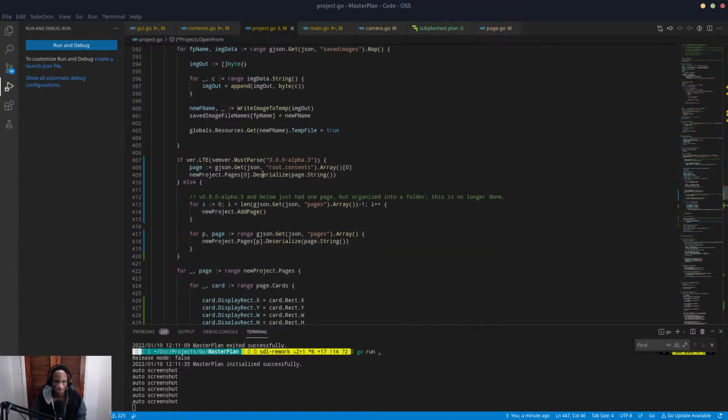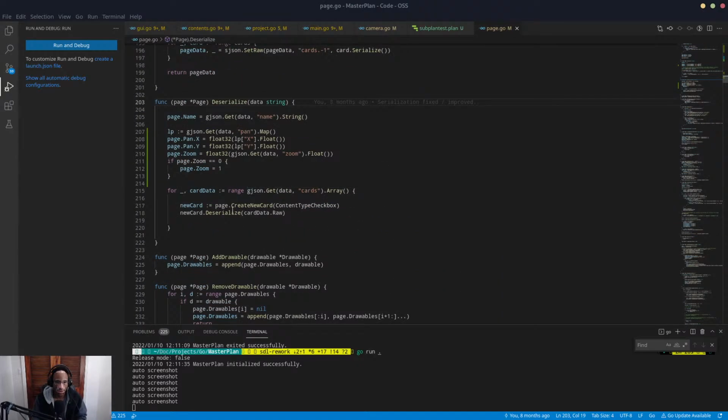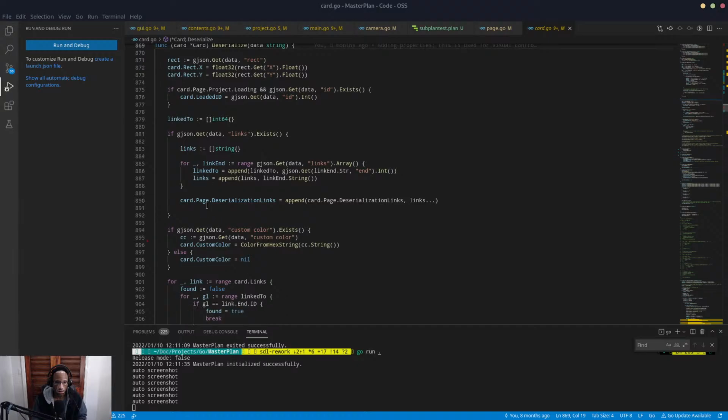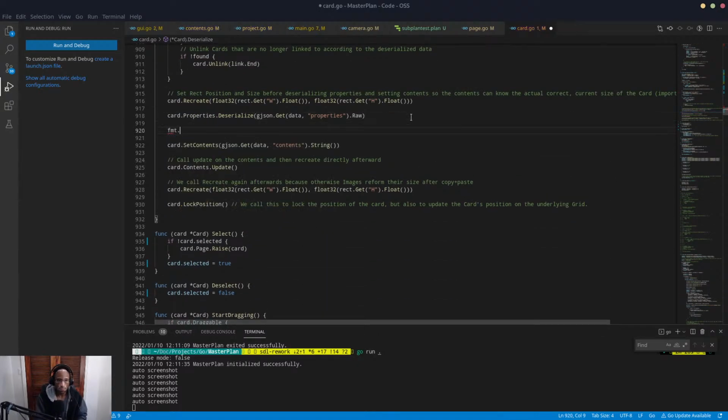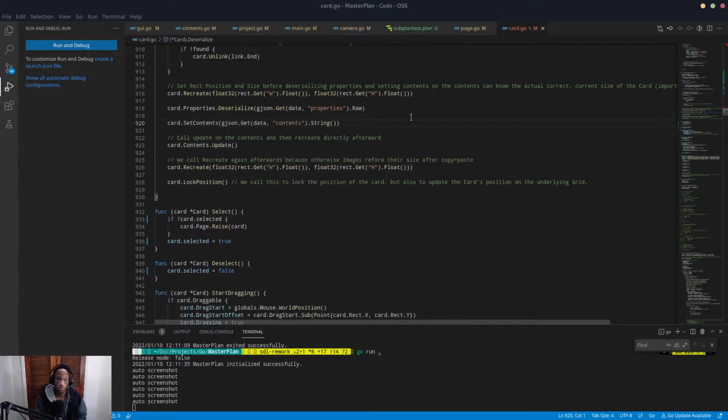This is actually intriguing now. So when we deserialize the card, or I guess really when we serialize the card,